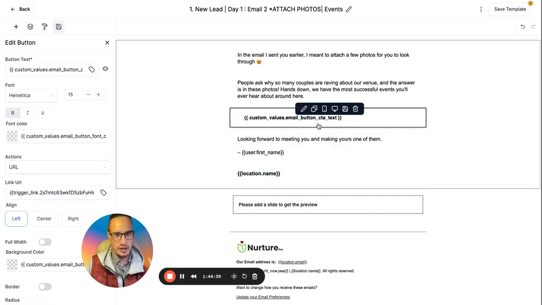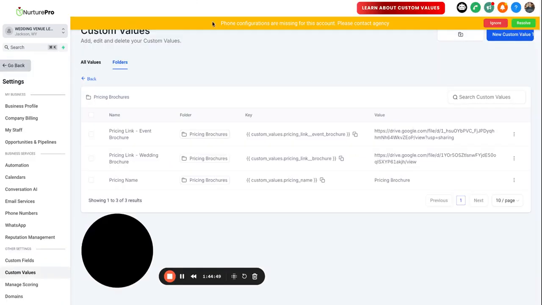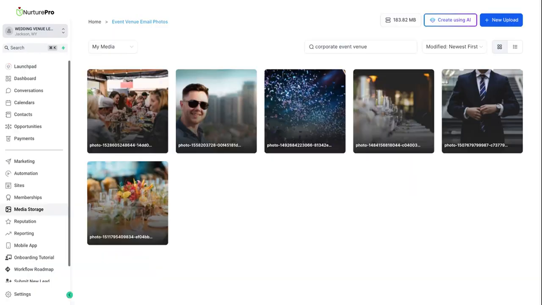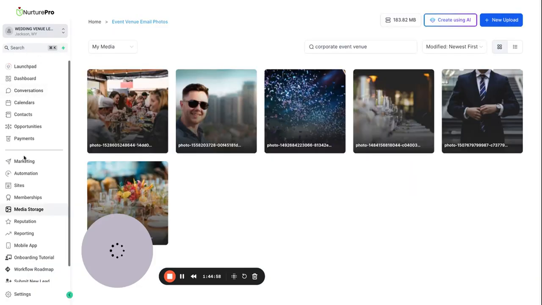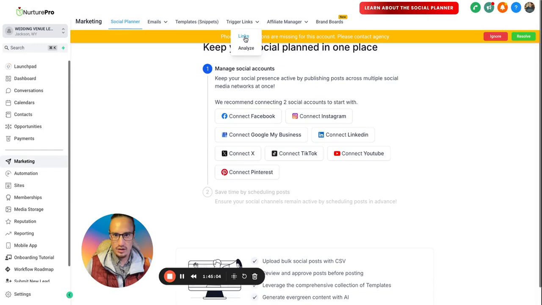And then we'll want to change our call to action button from the schedule a tour for weddings to schedule a tour for events. So we'll want to add a new custom value for that too. So we can go to our trigger links, the marketing section, go to links,